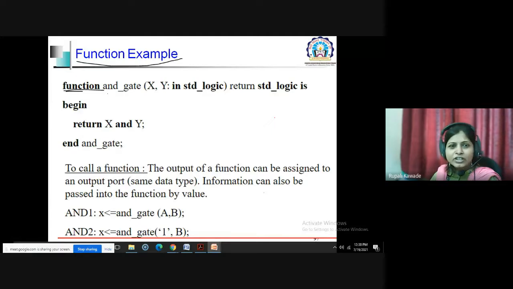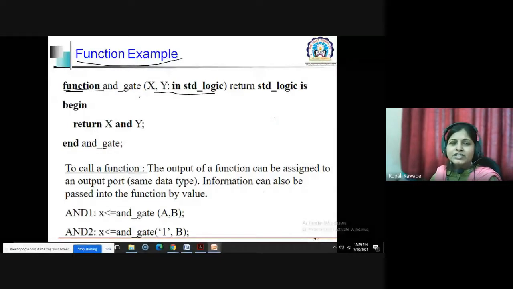The name of the function is AND gate. Here we are passing the parameters. X and Y are the parameters we are passing to the AND gate function, and in addition to that, we have to mention the data type. In C++, you write int a, comma, int b. This is the way you specify your parameters.